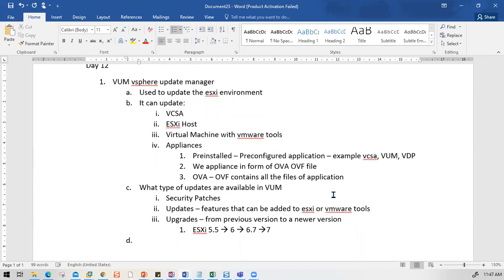So what are the components of VUM? Components of VUM are, number one, VUM server or appliance, number one, and